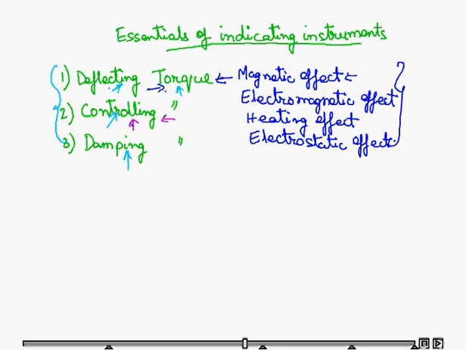लेकिन एक बार जब डिफ्लेक्टिंग टॉर्क और कंट्रोलिंग टॉर्क जिस पोजीशन में, सपोज आई टेक वन पॉइंटर हियर, ये एक इंस्ट्रूमेंट है, ये पॉइंटर कभी इधर अकॉर्डिंग टू डिफ्लेक्शन वो इधर उधर भागेगा और वो जाकर के एक जगह रेस्ट पे आ जाएगा. और वो कौन डिसाइड करता है, वो डिफ्लेक्टिंग टॉर्क और कंट्रोलिंग टॉर्क मिल जहां पे इक्वल हो जाते हैं, दैट विल बी द फाइनल पोजीशन. लेकिन हमें दिखता है कि वो फाइनल पोजीशन में भी थोड़ा थोड़ा वाइब्रेट करते हैं, तो इस वाइब्रेशन को कम करने के लिए डैम्पिंग टॉर्क दिया जाता है.